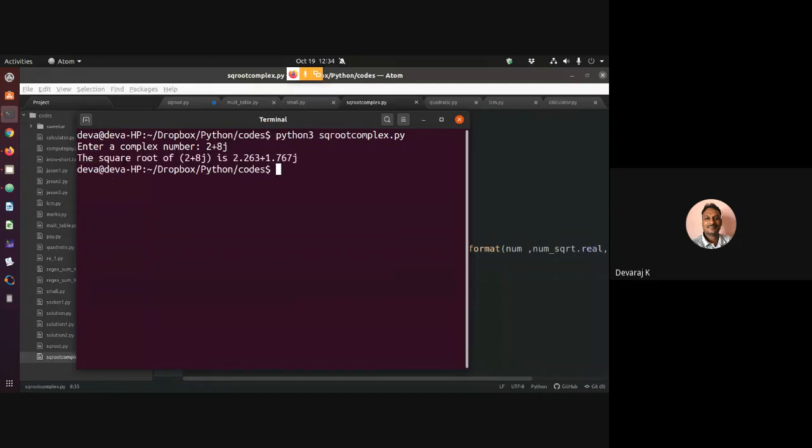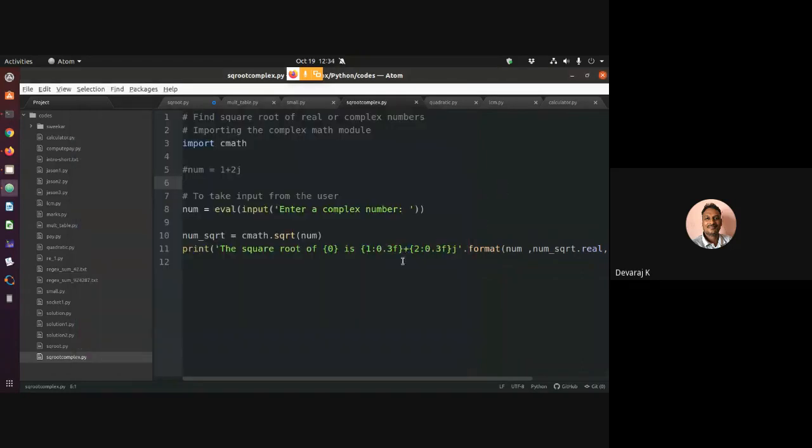Now the square root of 2 plus 8j is 2.263 plus 1.767j. This is the square root of the complex number. I do have a real part and an imaginary part.